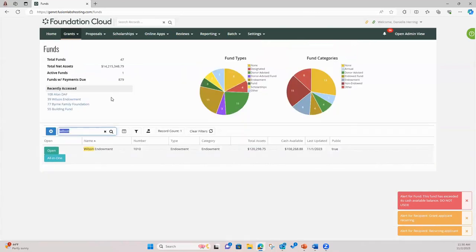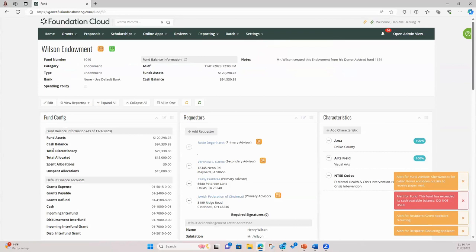And you can search here. You can either hit enter or you can click the looking glass. So if we open this fund, now we can talk about the summary of a fund record. On the left is a summary of key information about the fund, and on the right is where you see the fund balances,